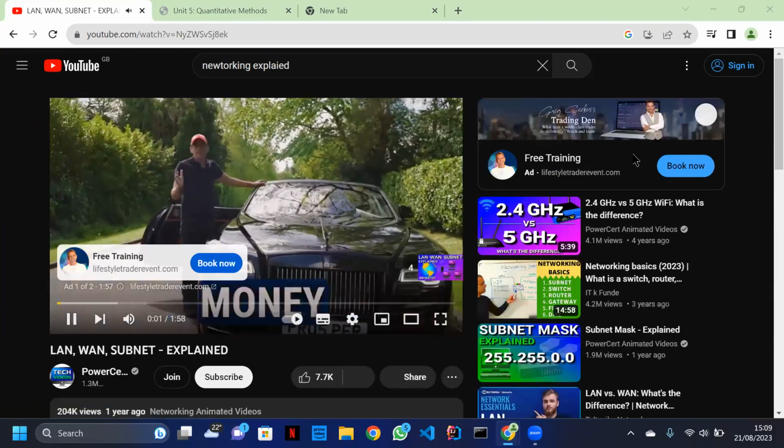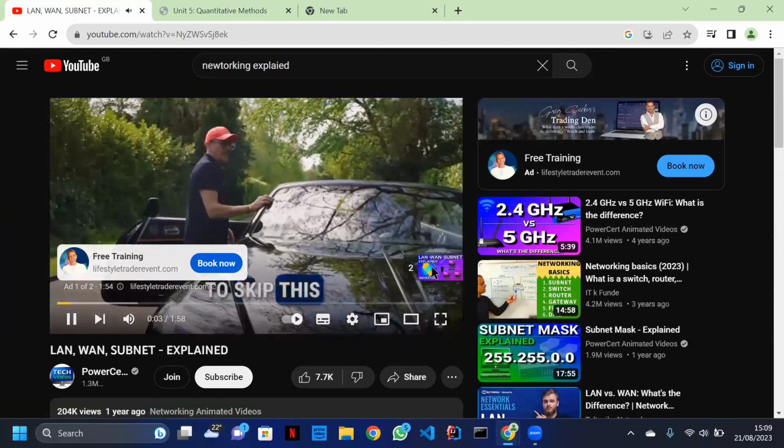If you've got more than enough money coming in each month, feel free to skip this ad. If not,